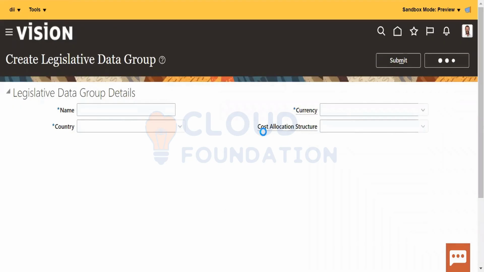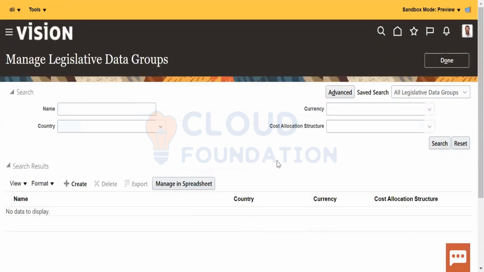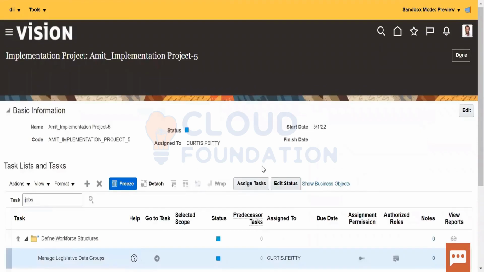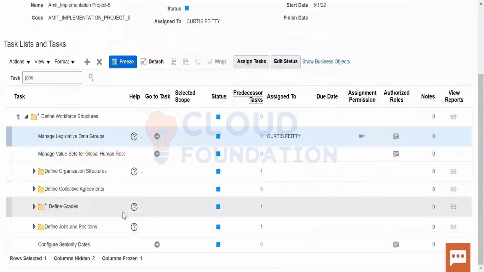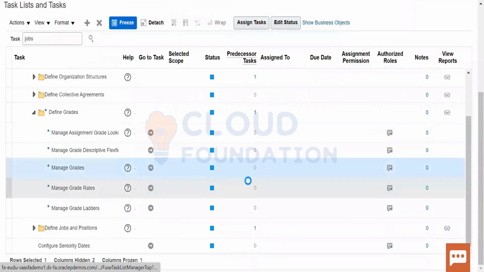I'm just showing the navigation and not teaching you anything right now. Okay, now coming to simple navigation. This is define grades. Click on manage grades.